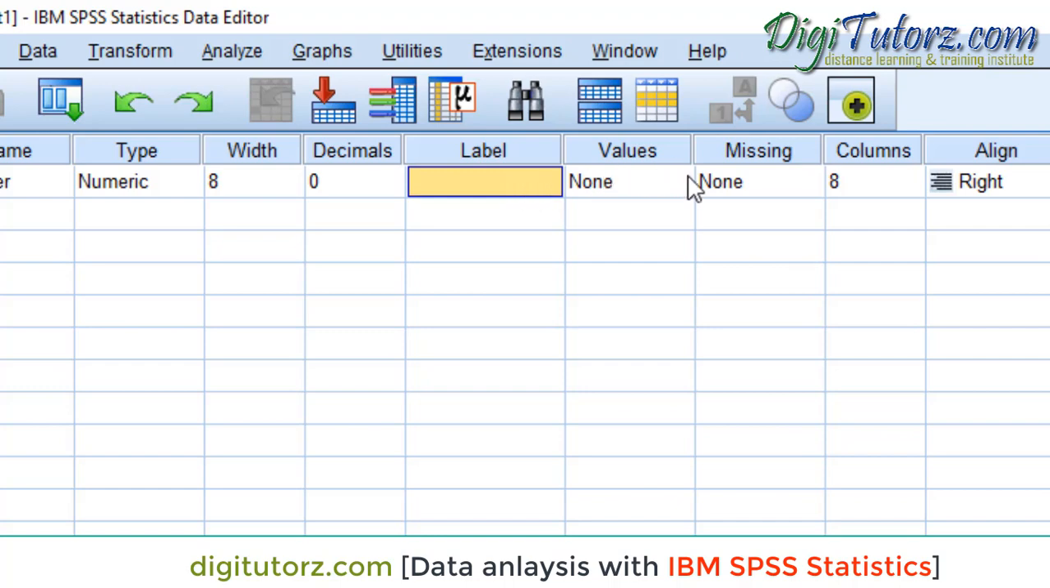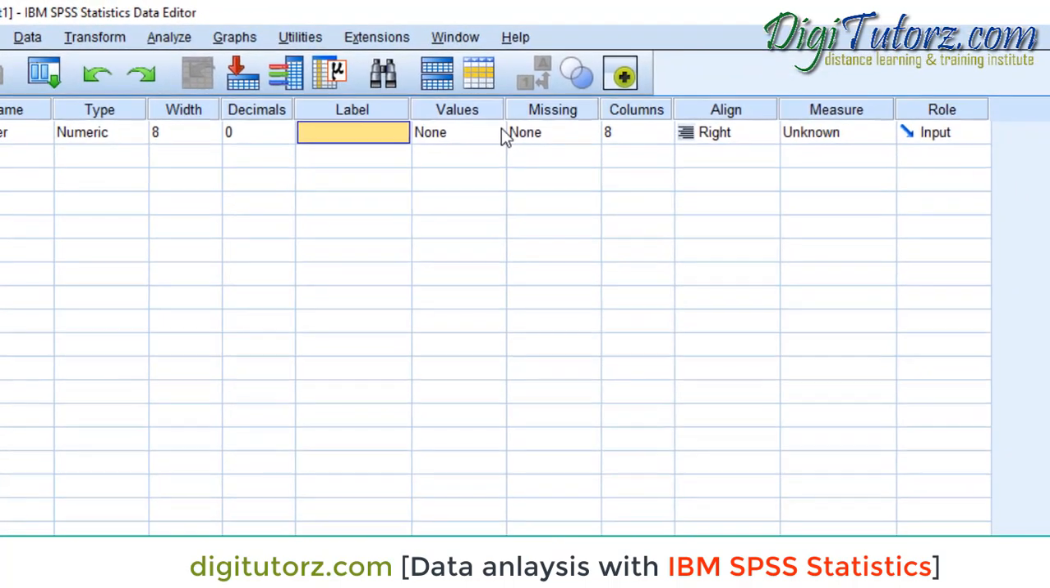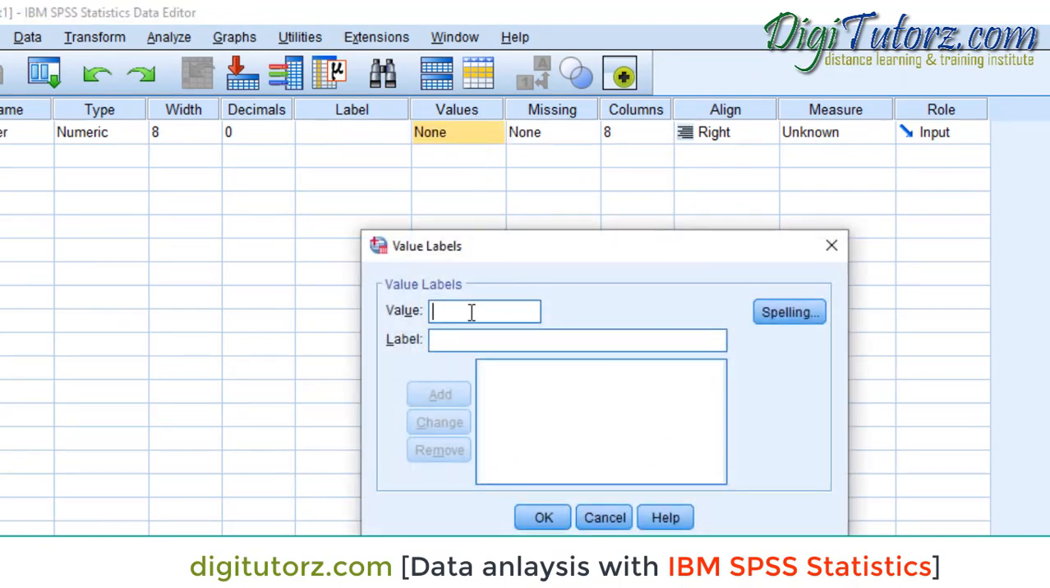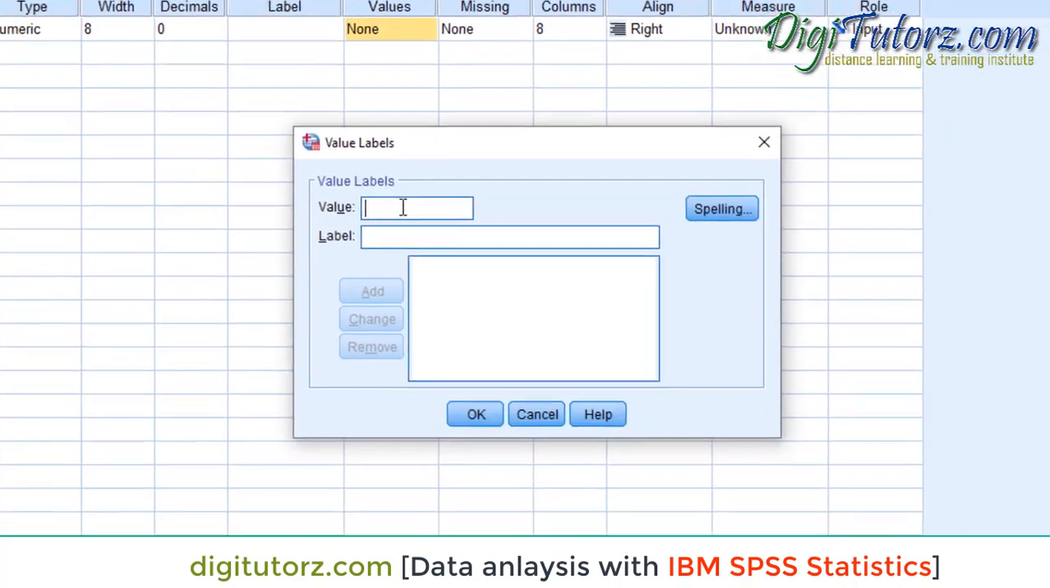In value, this value column is used for categorical variables. Like we have a questionnaire in which we fill out some responses and we make some multiple choices. In gender we have 2 or 3 categories. When we have to enter some categories, we click on the value and first give a numeric value, like I give 1,